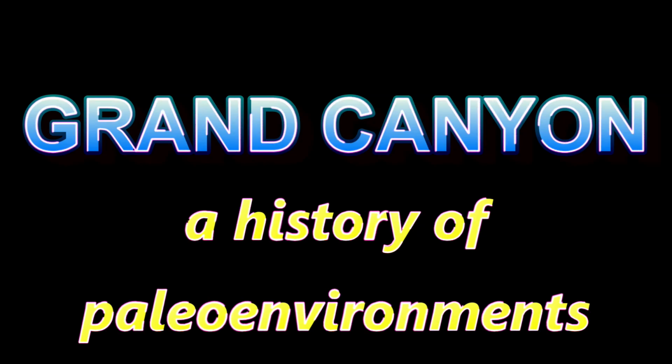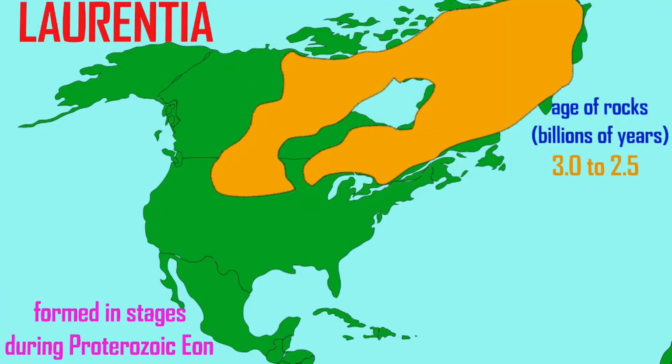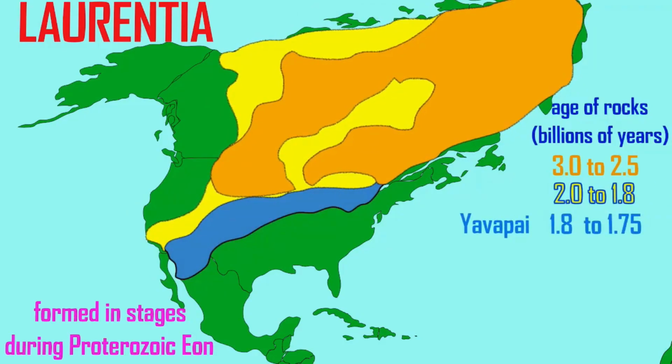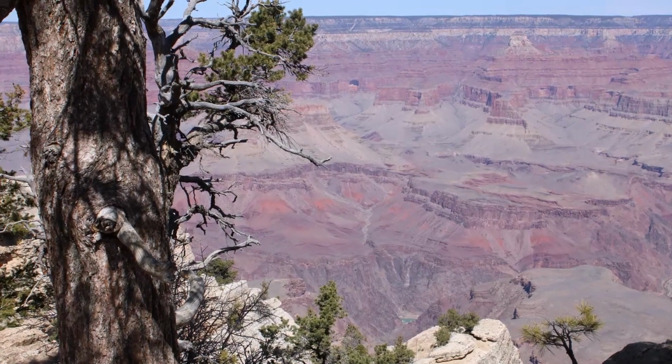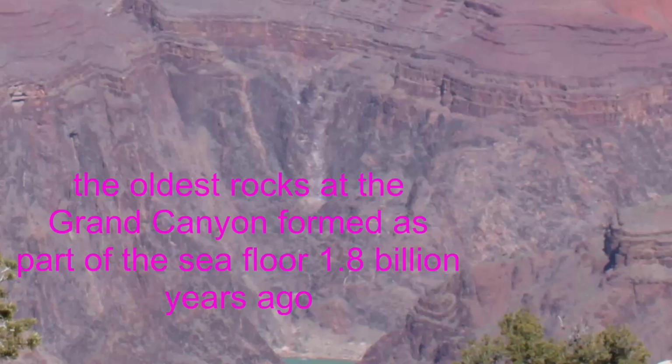The Grand Canyon documents how much change has occurred in western North America. Western North America certainly did not look the way it currently does in North America's early days. In fact, North America was once a much smaller continent. About 1.8 billion years ago, the area of the Southwest, which includes the Grand Canyon, was being added to North